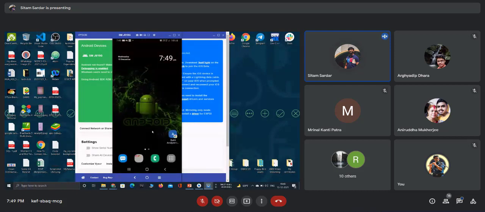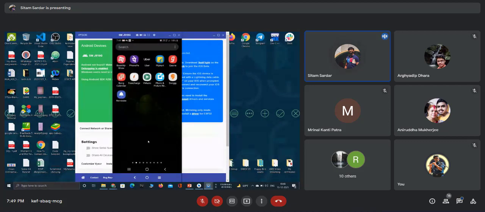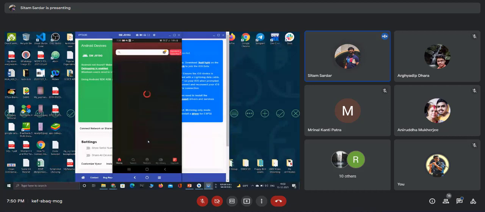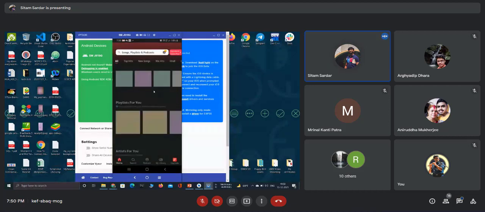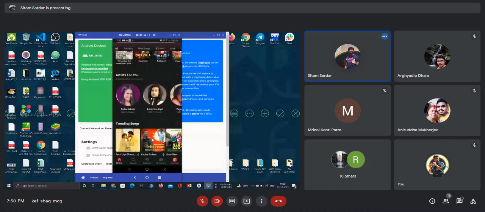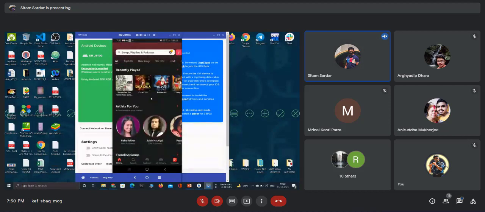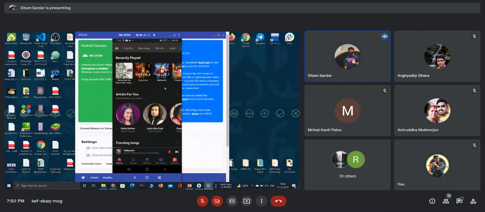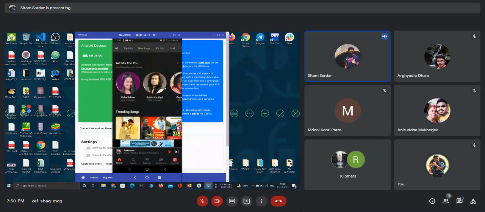So this is my phone. Let's say I am opening any app, for example the Ghana music player app. Whenever I click on the launcher icon, this screen opens. Whatever you can see in front of the app, there is something scrolling here, we can scroll, and some icons are showing. If you click somewhere, a song should be played. All these things are the UI. That is how you can interact with that app.